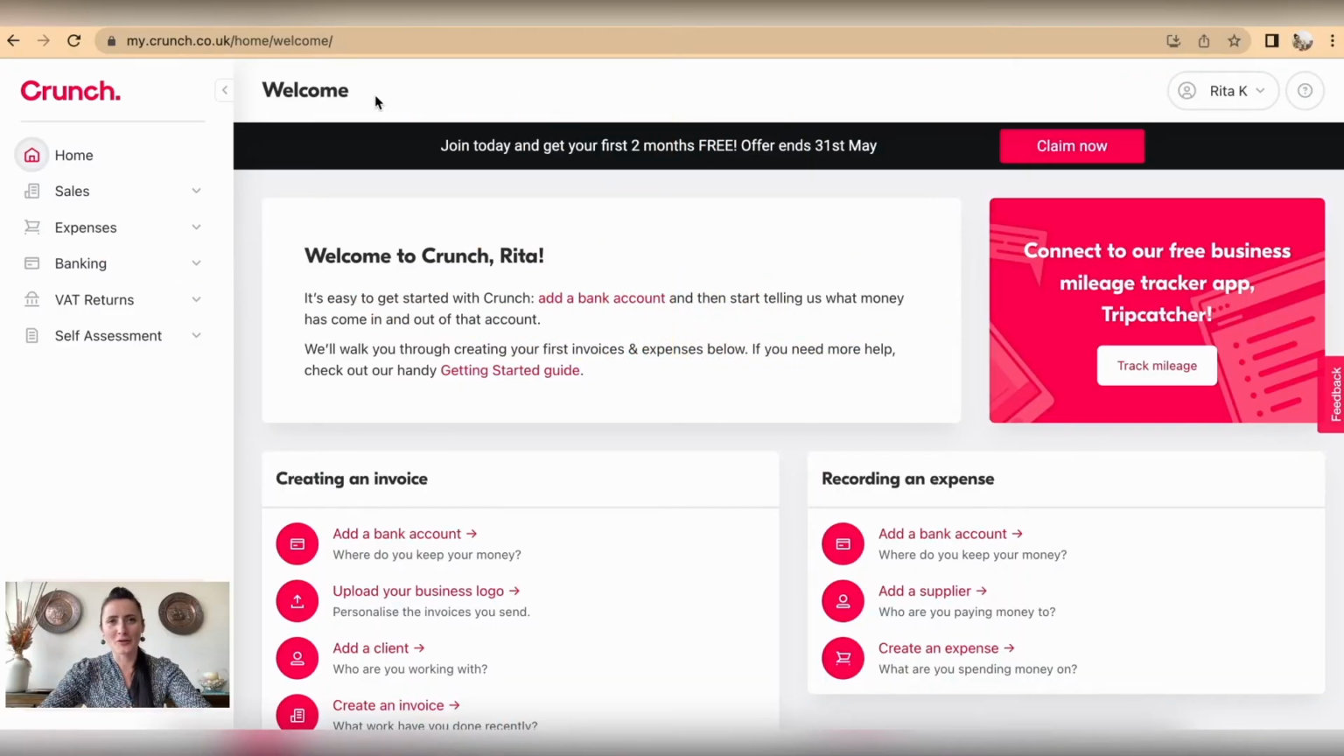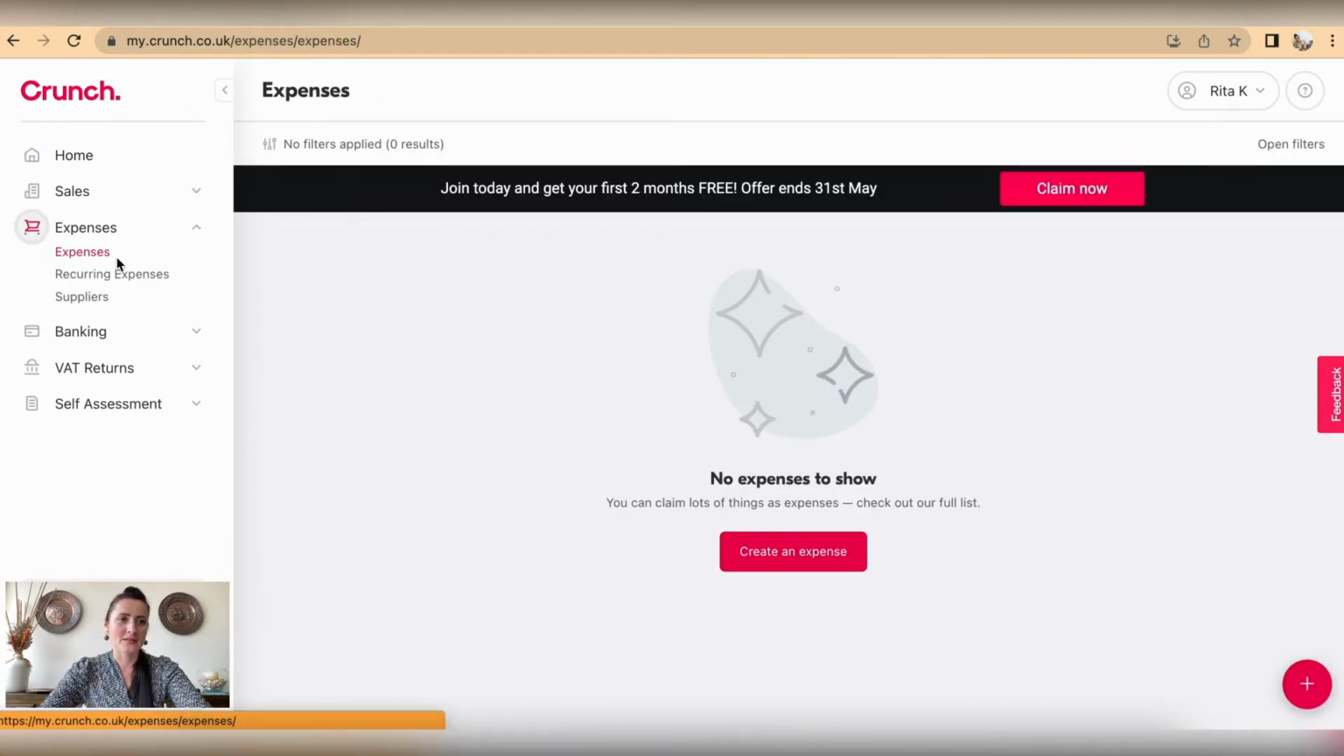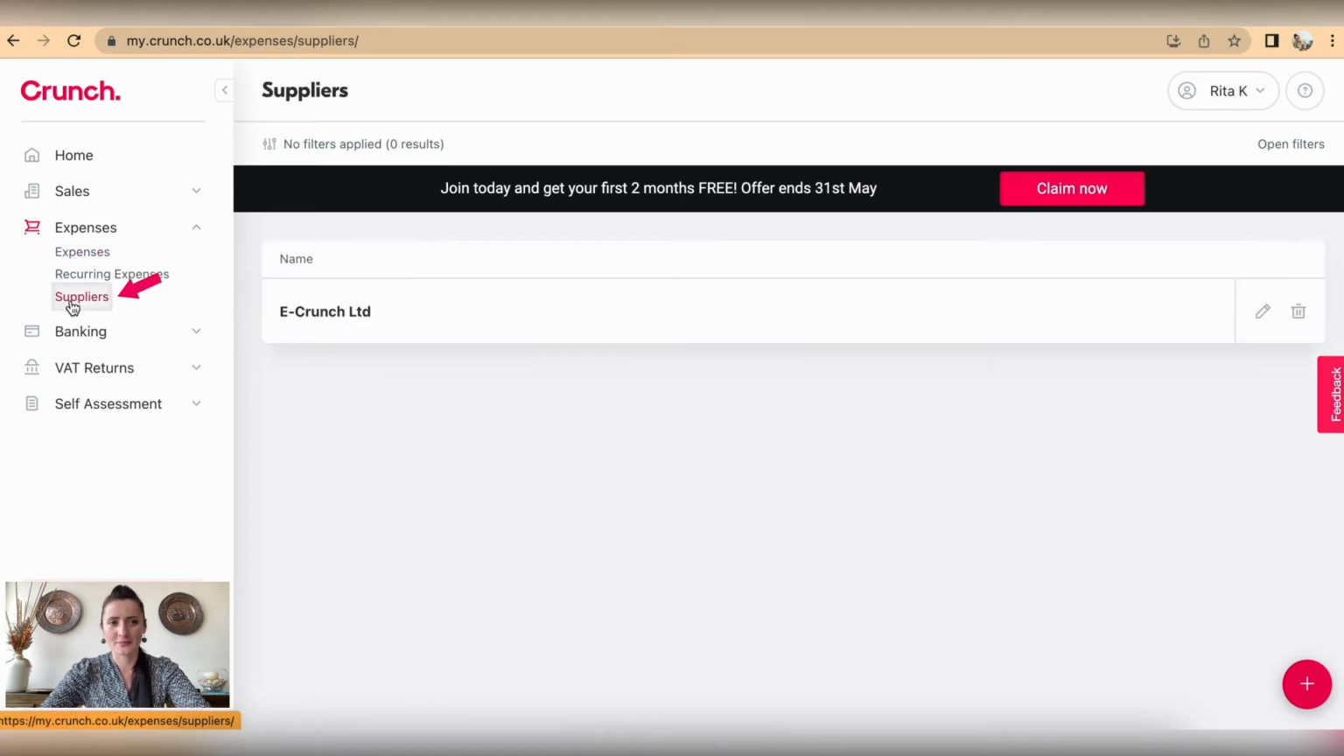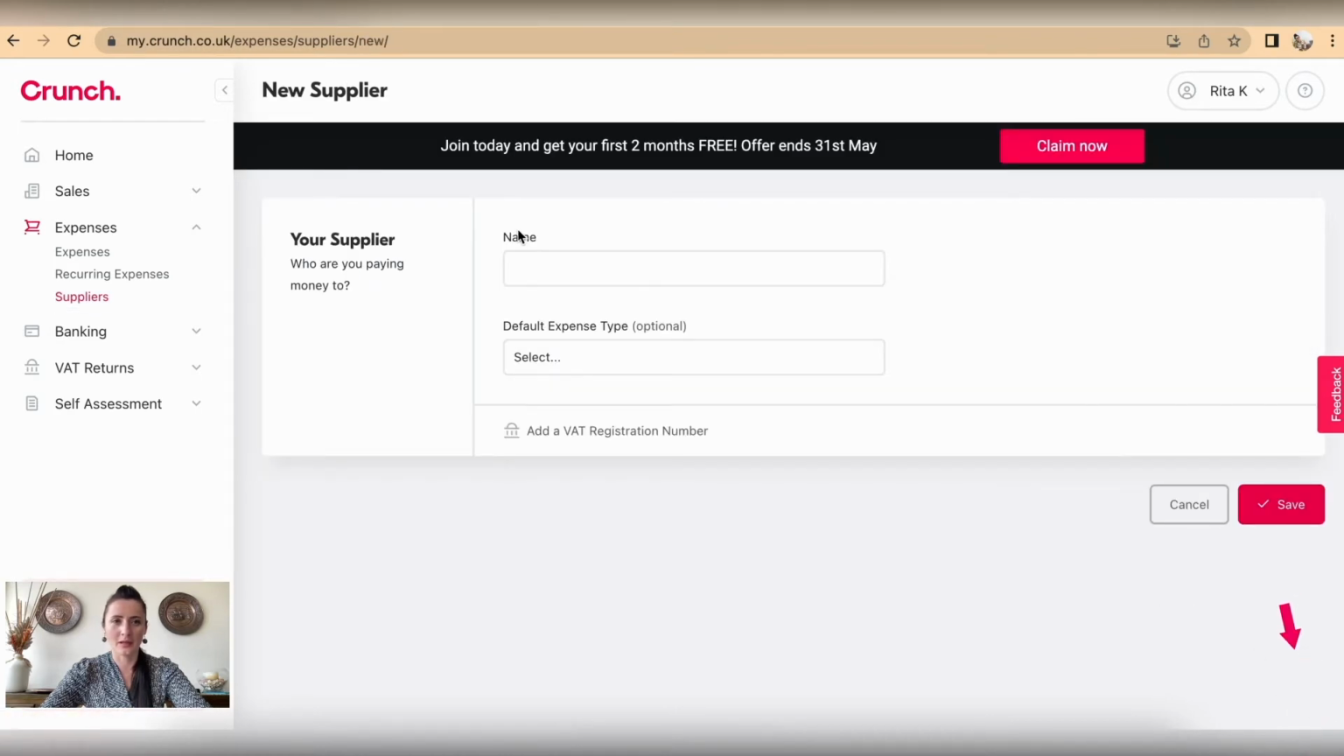So how can I record or add new suppliers on Crunch accounting software? On the left hand side there is expenses, and there are three sections: expenses, recurring expenses, and suppliers. Click on suppliers, and to add a new supplier, click on the pink button in the right hand corner. Okay, and it's quite simple. Supplier card, add a name. For example, I have